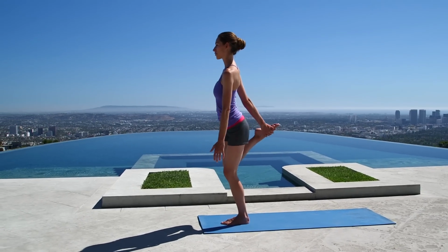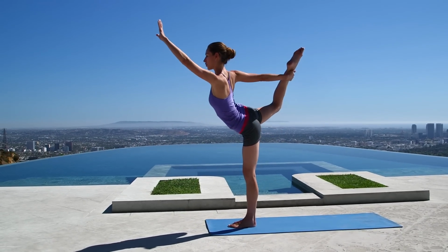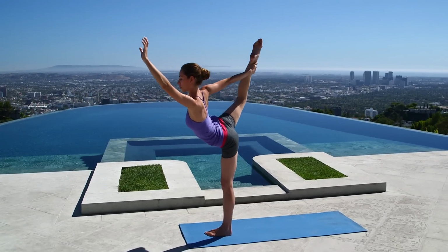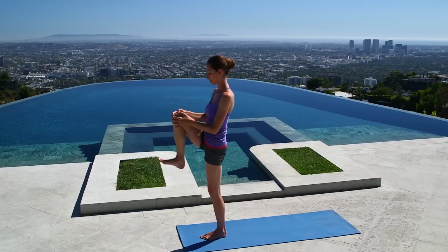So maybe stay right here. If there's a little bit more space, slowly start to press your foot into your hand, lengthen all the way up here with this opposite arm, and just staying nice and calm and easy. And once you've had enough of that one, hug your knee back into your chest, give it a good squeeze, and we'll send the leg all the way right back